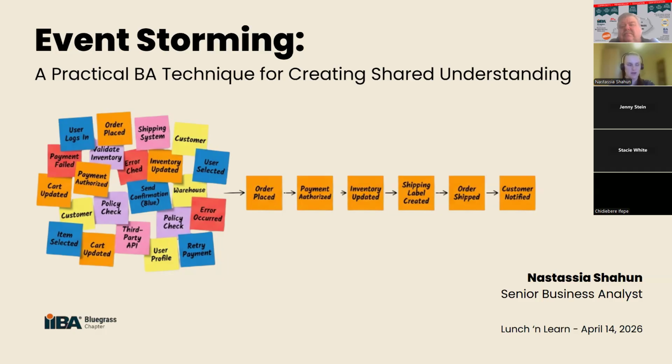As business analysts, I hope most of you relate to business analysis or product development. We often work in situations where different people understand the same process, the same domain, the same question in different ways. And they also sometimes talk different languages. Event storming gives us a fast visual way to bring those various perspectives together. So today I would like to show you what it is, when to use it, how it works in practice, and how BAs can facilitate it effectively so that all team members and all the various departments who joined benefit from it. So let's start with the problem it helps us solve.